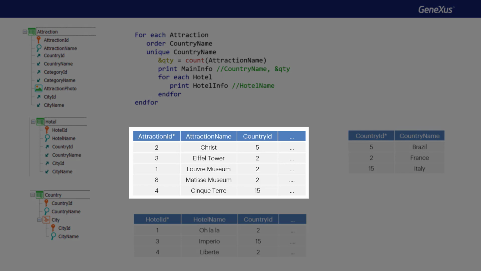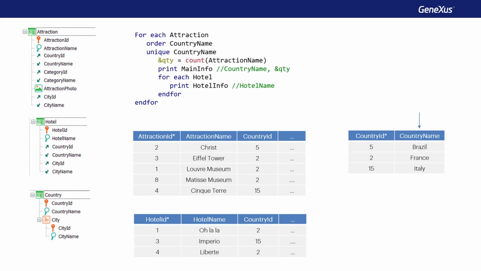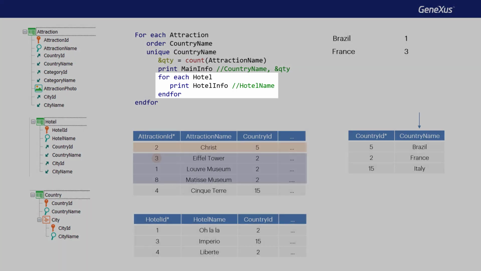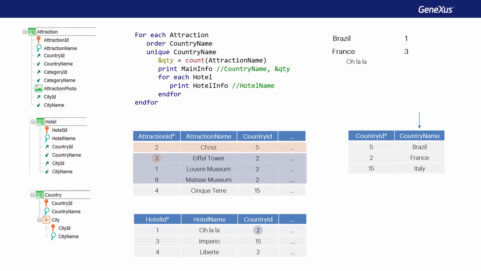Here we have the attraction table sorted by country name. There's only one record for the country of the first record. Its country is then listed, and 1 for the count. Since there's no hotel in Brazil, it'll go on to the next record in attraction, which will be 3, corresponding to France. There are 3 records with the country France, so in the output you'll see, then the nested for each is run, and it'll print the hotels in France. Therefore, the output will show, and finally, we'll have